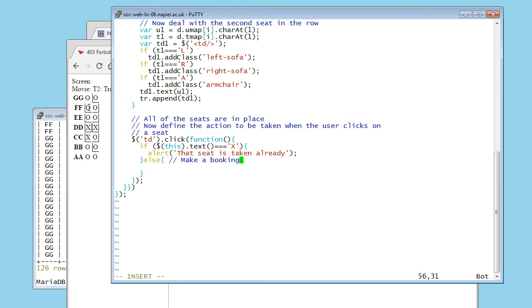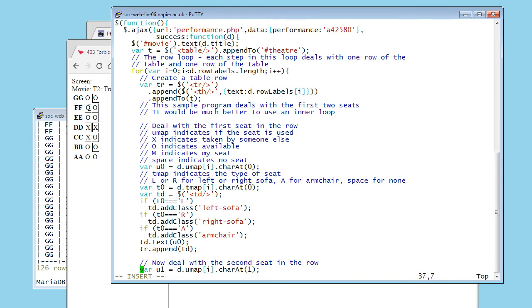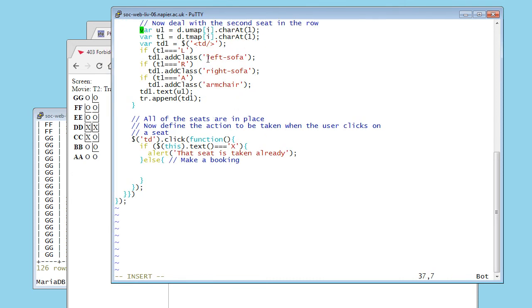If you either take the money and don't make the booking, or if you make the booking and you don't take the money, bad things can happen. We don't want them to happen. What we're going to do, and we're not worrying about that, I'm afraid, we're not dealing with credit cards, we're going to make another Ajax call. So we're going to make the booking instantly. We're not going to let people book more than one seat at the same time, and we're not even going to take any money off them. So it's an Ajax call,